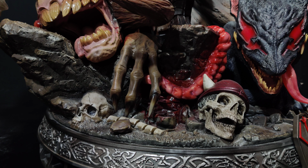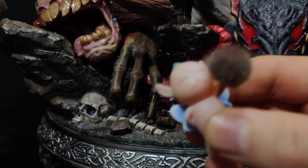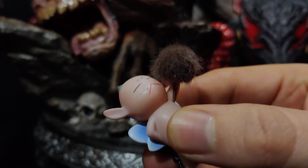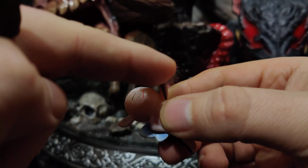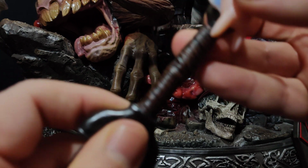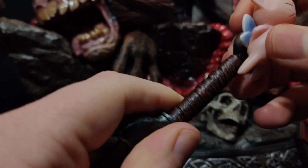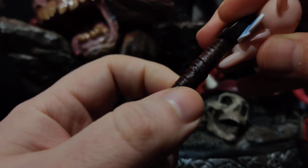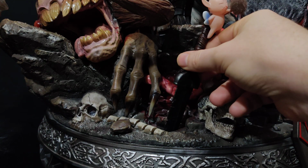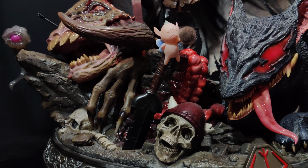Now my Puck does have a mark on his face. As you can see, I need to get one of those magic eraser sponges on it. I'm sure that'll clear it up. But he is holding a little bud, and it's actually a fairy. It's really nice. This Puck has the back of that sword pommel on him, so you can just peg him in. Don't do this to me on camera, Puck. There we go. And then that sword can just slot back in to where it was. So we can have Puck there instead. Anime distress Puck,